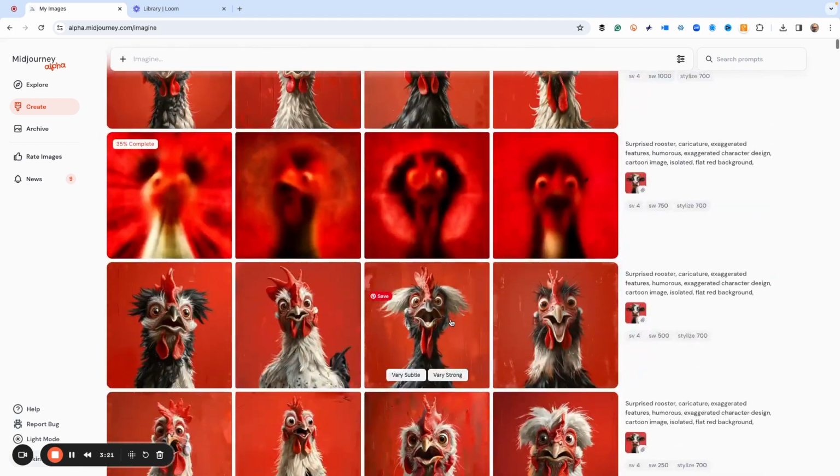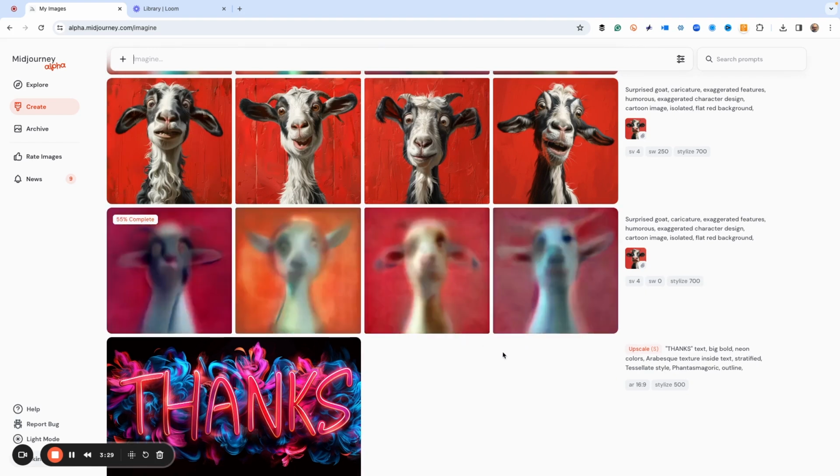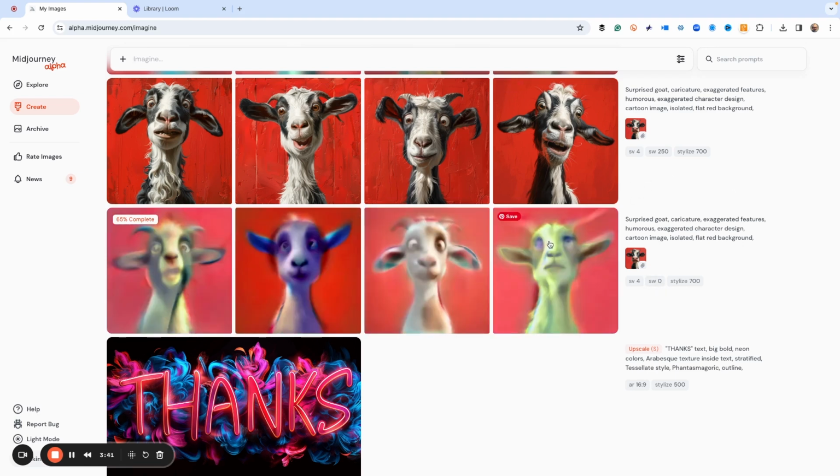Here's how I like to do it. I like to start with the first one, and it's almost done making it. Give it 2 seconds here for it to load. And what it's doing, of course, is it starts off with the style weight at 0, and then it gives us a 250.